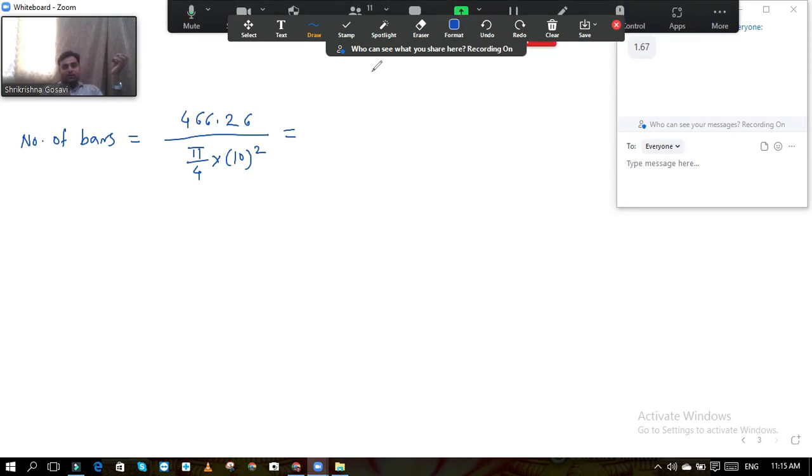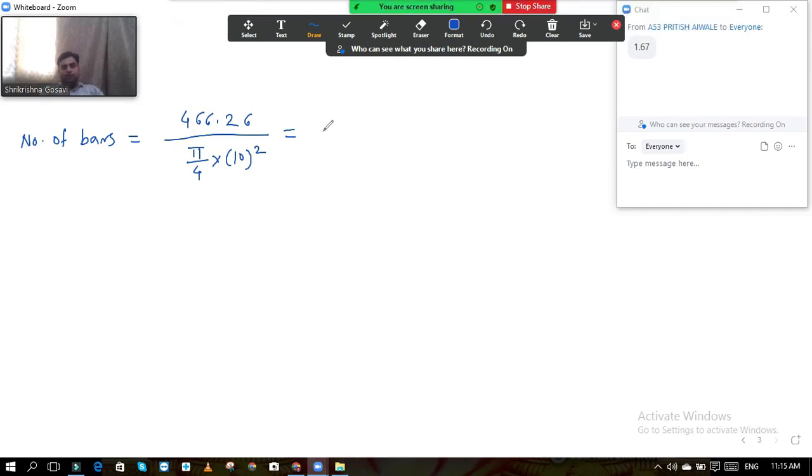Okay, what is the answer? Can you repeat it please? What is the number of bars? Answer: 9.61. Okay, so nearly equal to, we will round up this to 10 numbers. So AST provided, now calculate it. AST provided is equal to 10 number of bars we are providing, each of bar diameter 10 mm. So how many number of bars are required?